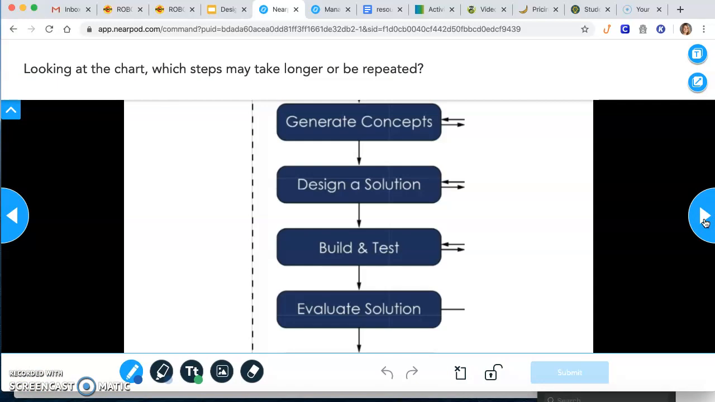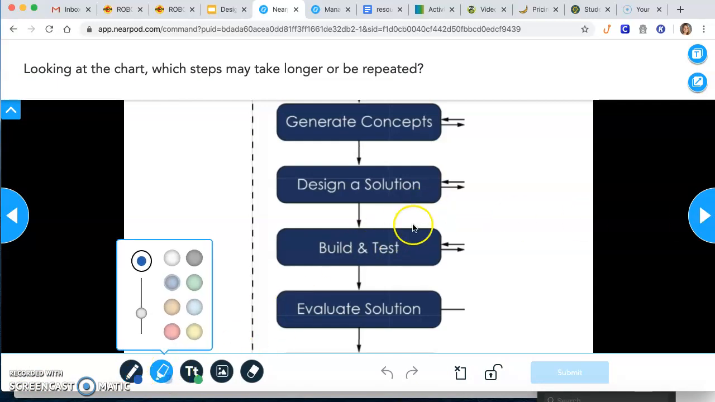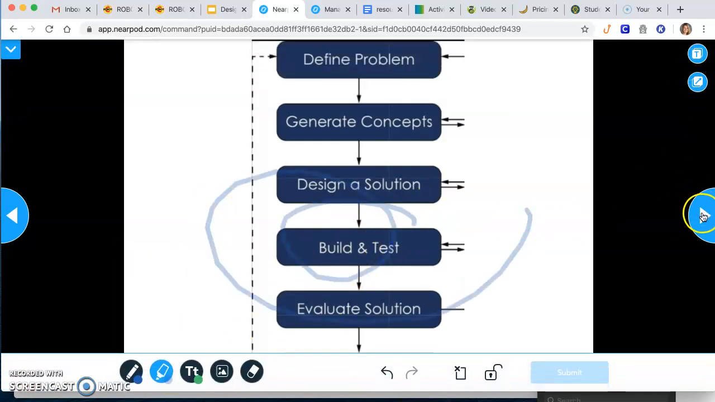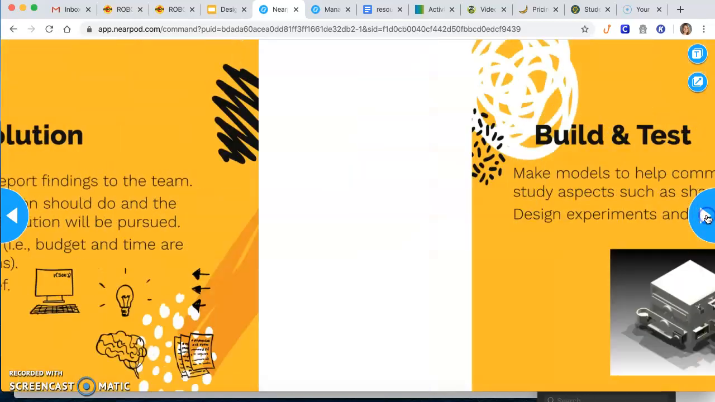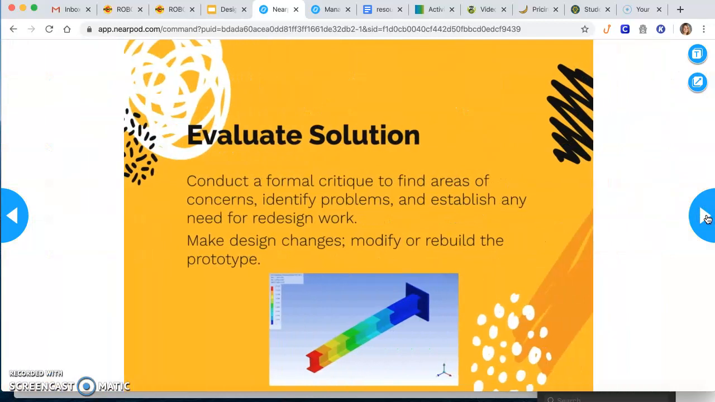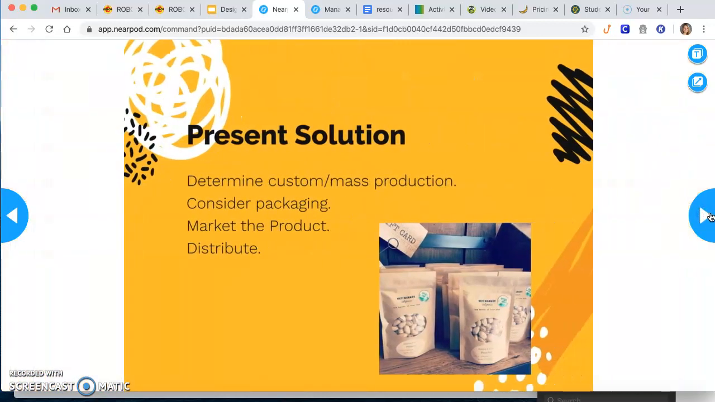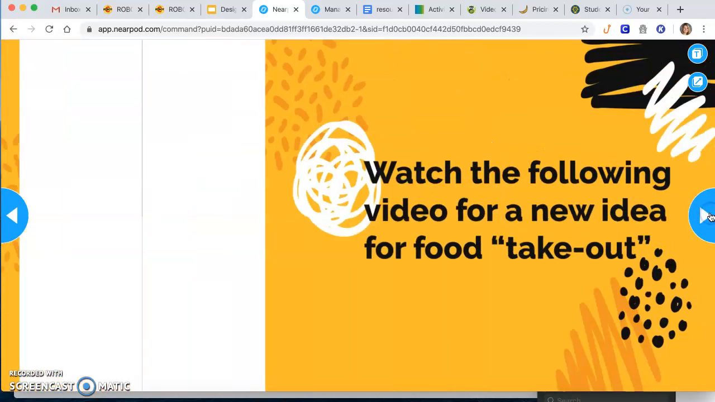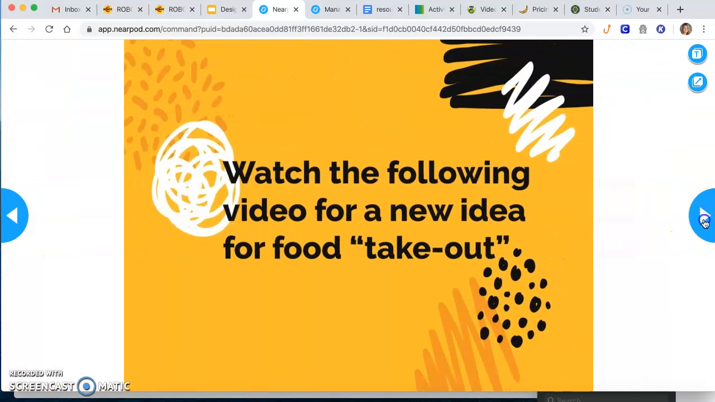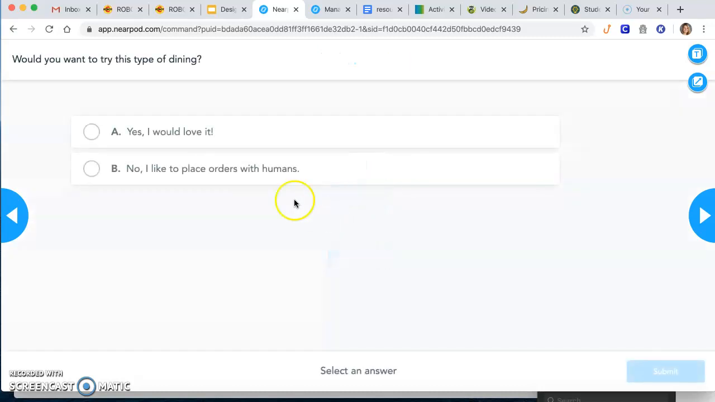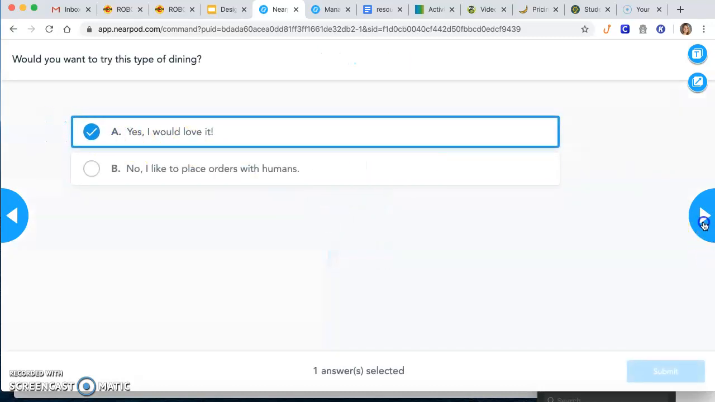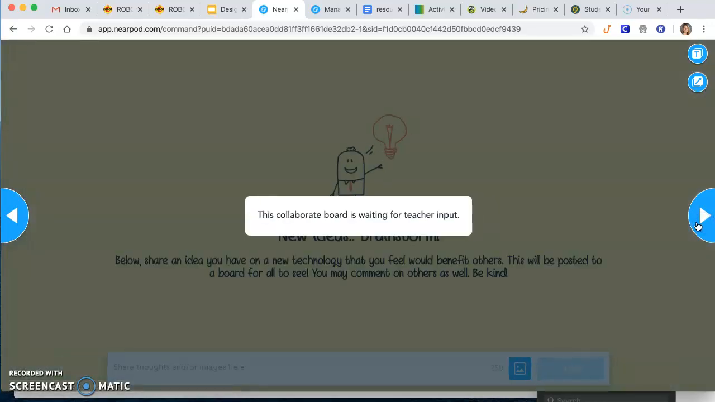So next thing goes in, this is where they're going to be able to write, highlight, draw, whatever they're going to do, which will be sent to me. Videos will play just like normal. You can see everything just running like normal. Food takeout. This is where they're going to get a poll. Sure, would love to do that. And you can see how